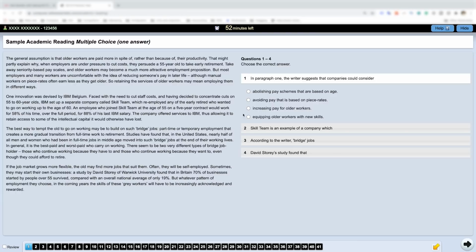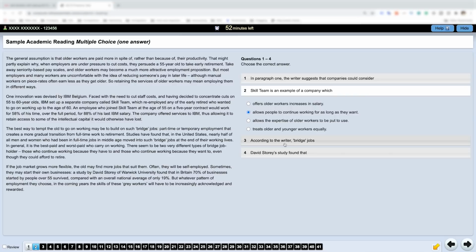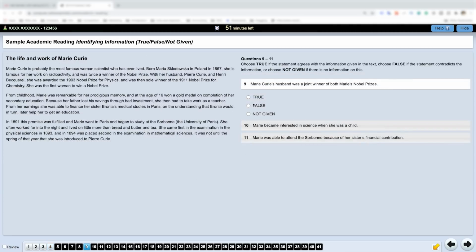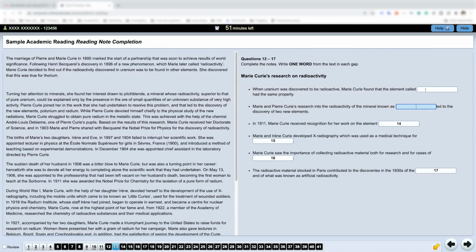In order to select your answers, you just click here. But in order to answer the second question, first you need to click on the question and then select your answer. And the same with the third question: clicking, selecting, clicking, selecting. And in true, false, not given questions, finally you don't need to write full words, you just click and that's it. Sometimes you need to type a word. You can either type your answer or you can find it in the text, select it, press Ctrl+C to copy, Ctrl+V to paste. Here it is. And you're guaranteed that there is no spelling error.